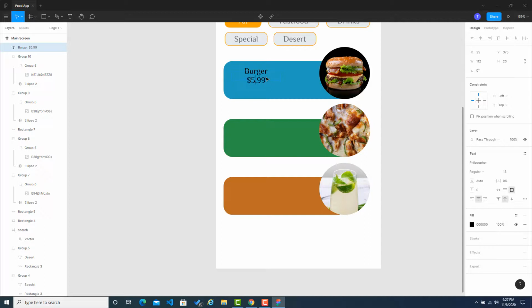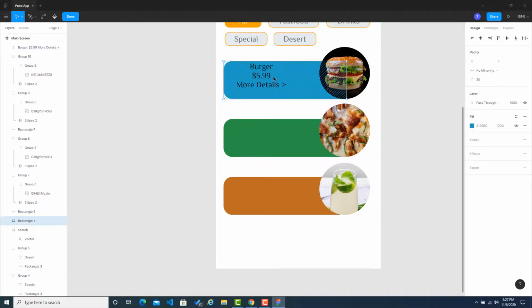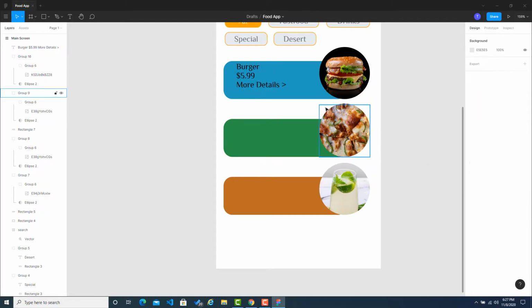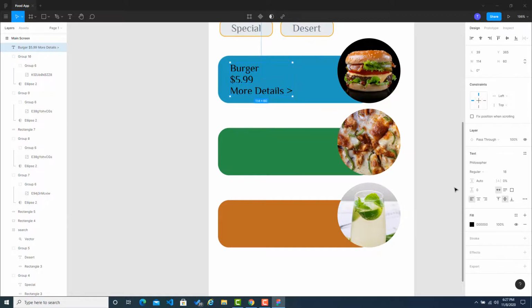And the last thing is more details. And I want to make this